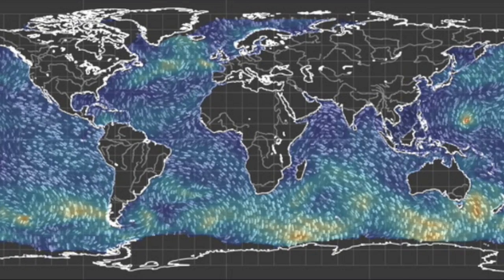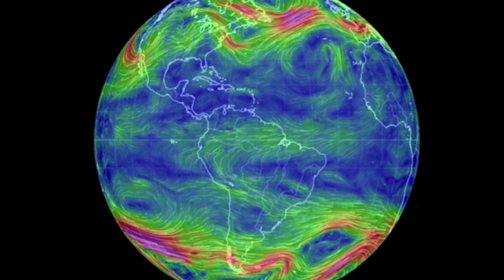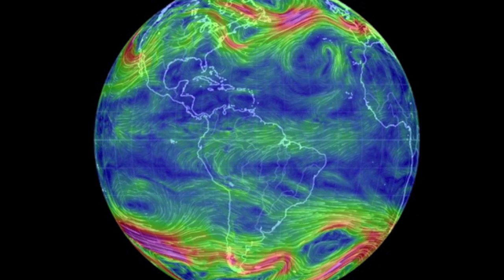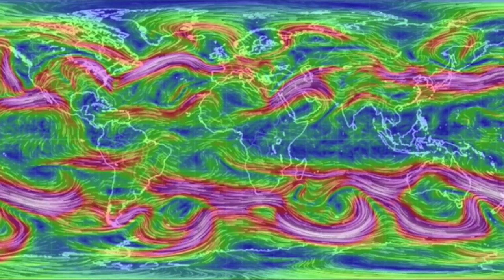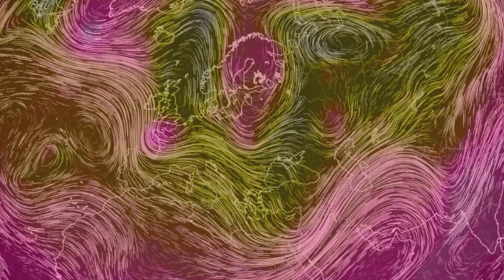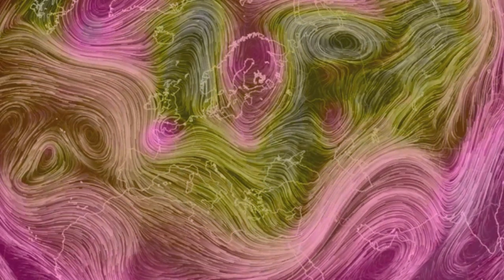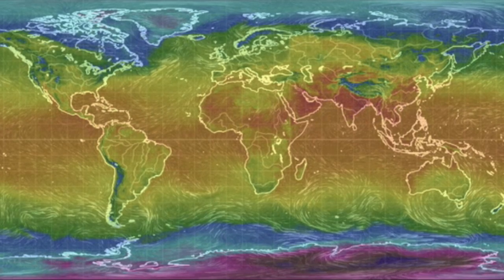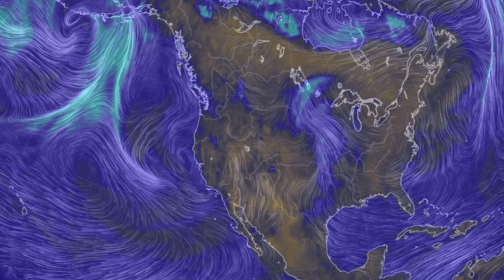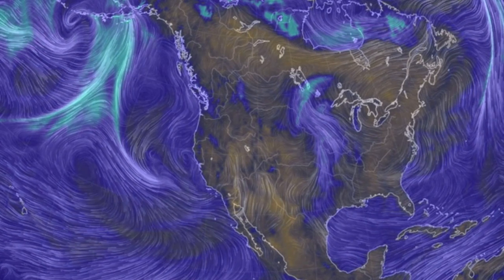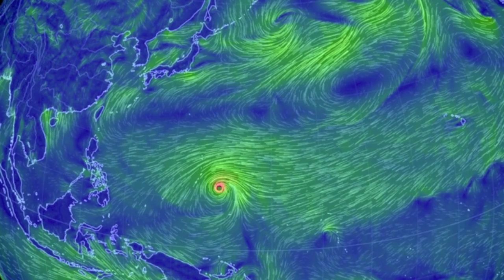Many people might have noticed that more often than when they were growing up, or more often than they're used to, we have these events where at first we get a couple of days where it is increasingly warmer and warmer, and then it's much warmer than average for that time of year. And then that night they get really severe thunderstorms, and over the next couple of days it continues to just get colder and colder. For example, it is right now the middle of May, and we just had a terrible